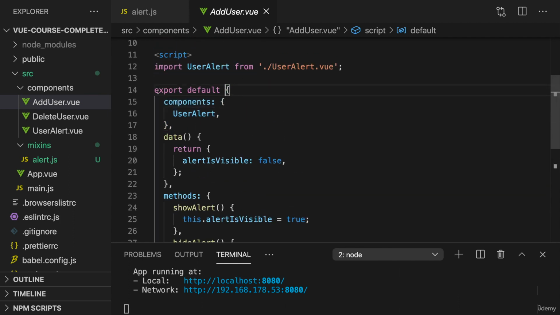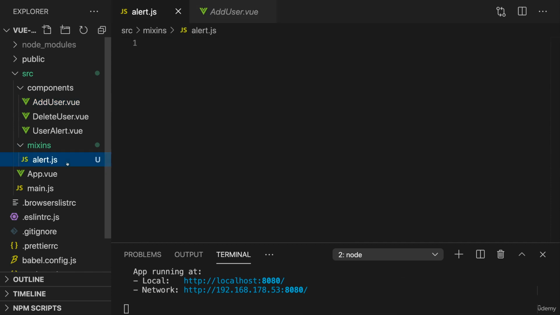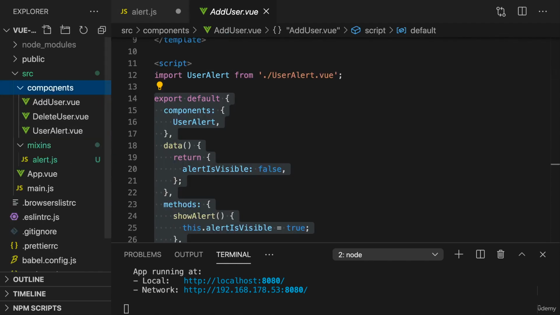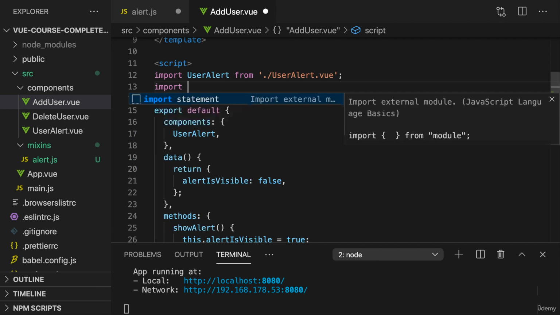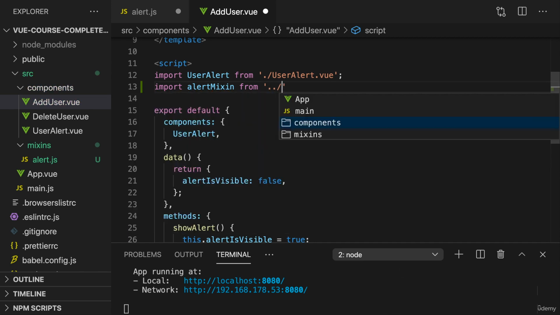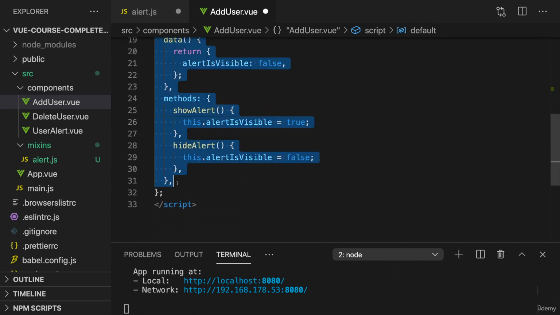So therefore, I will actually grab this entire default export here, copy it from one of the components, and go to the alert.js file and paste it in there. So now in alert.js, I'm exporting this object as a default object. Now what's the advantage of this? Well, now we can use this as a mix-in in those components. So for example, in add user, there I can now import the alert mix-in, this name is up to you, from going up one level, diving into the mix-ins folder, alert.js, and now we can remove all the code here